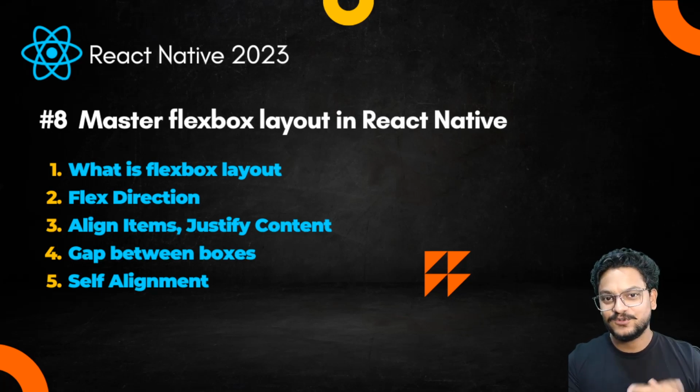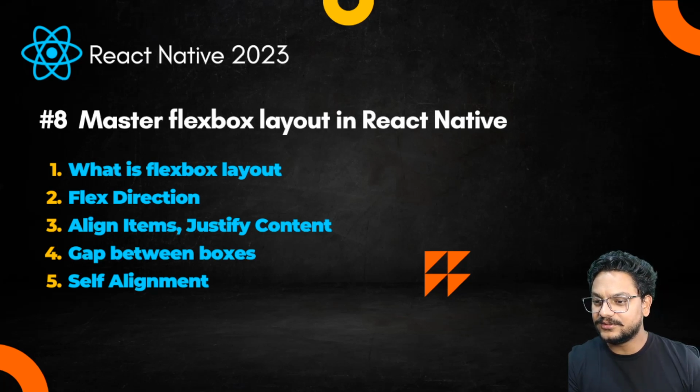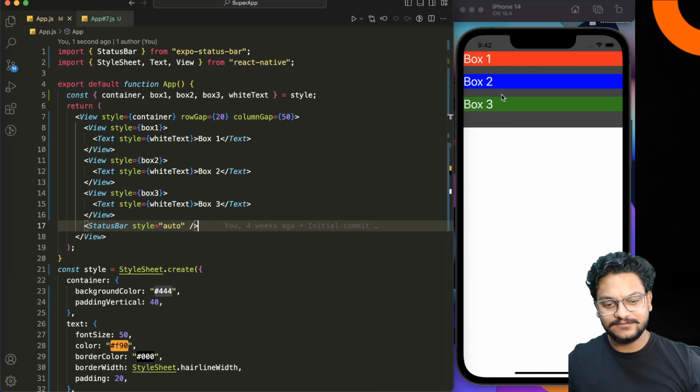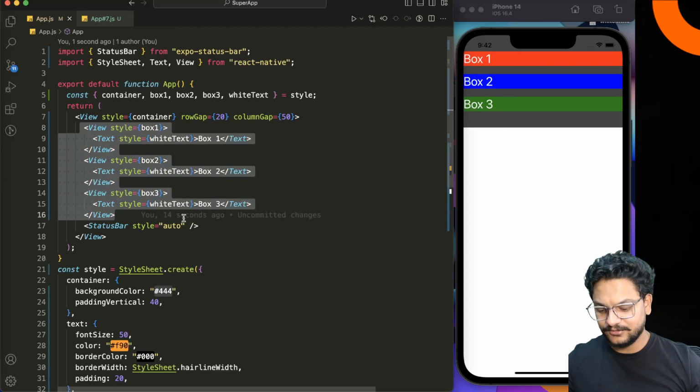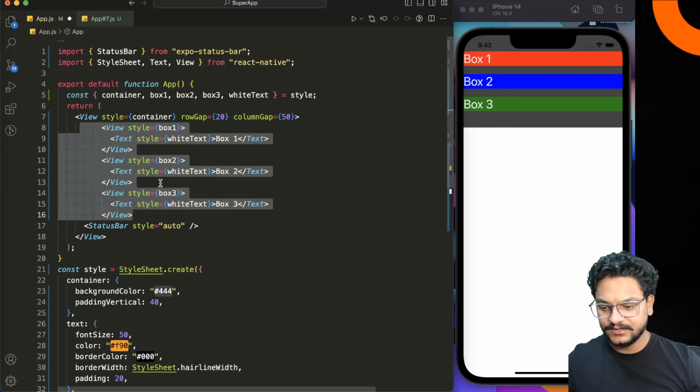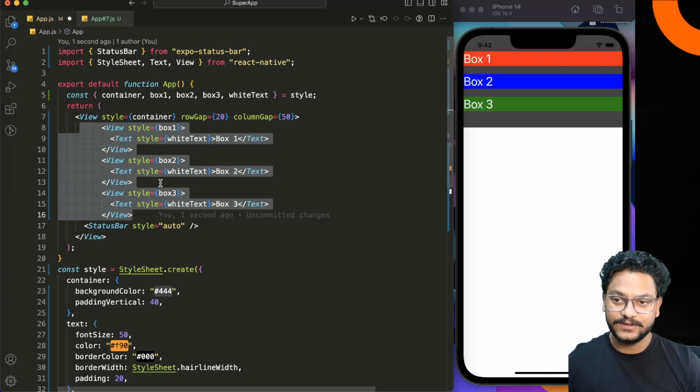Okay, so let's move forward and see some examples to understand Flexbox layout. Let me go to the code. What you notice here, we have three boxes, which have different colors and text. We have one parent view and a couple of views inside this, right? If you don't know about this, you can watch my previous video where I told you